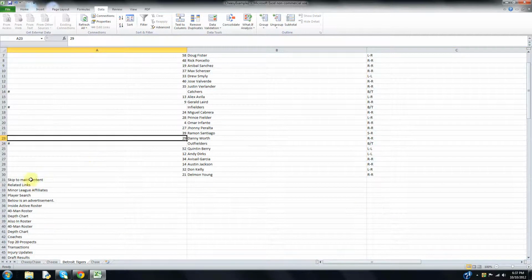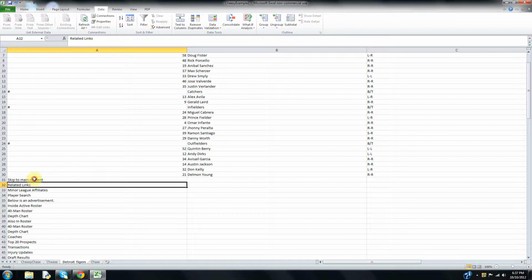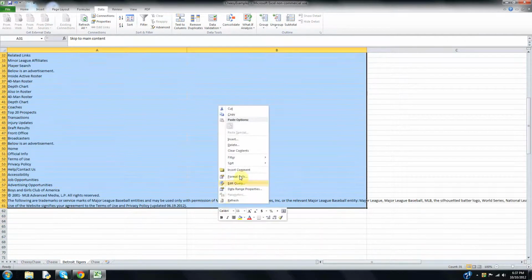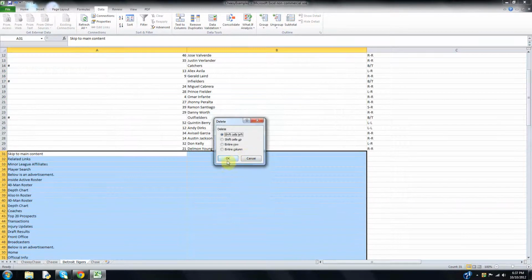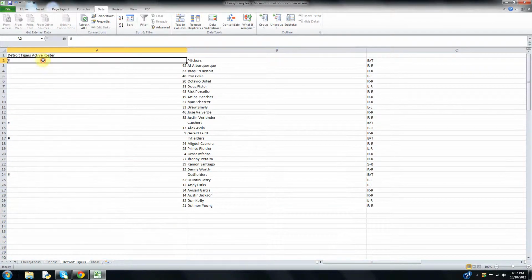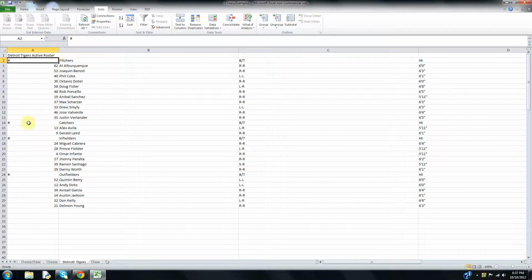Now at the top here, and we're going to do the same thing at the bottom. Sometimes when you're bringing information off the web, there's a lot of stuff, so you end up with a lot of junk. But what's cool now is that if we bring this together,